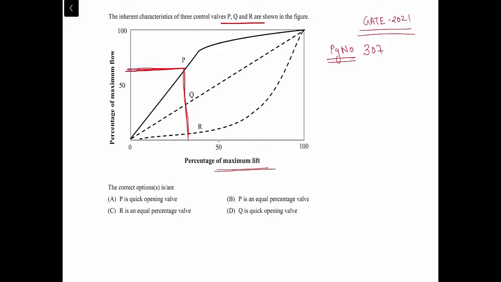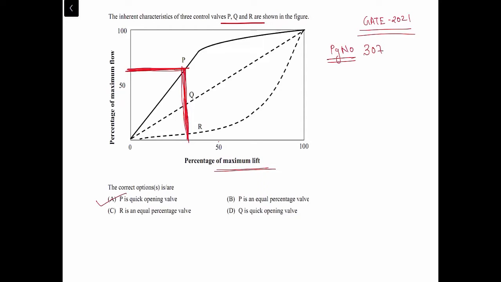because if you see here, lift is not 50%, even though the flow rate has increased beyond 50%. But even if you have not read the book properly, just use some graphical interpretation. Being an engineer you have to use your graphical interpretation mind. See this, for this P you are getting the maximum flow. It means